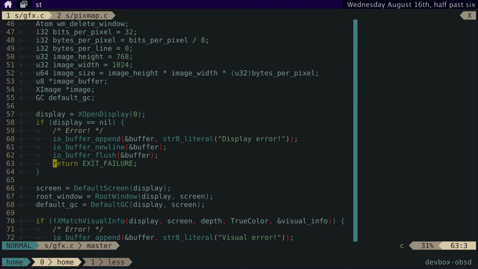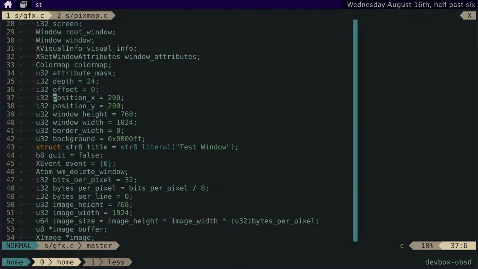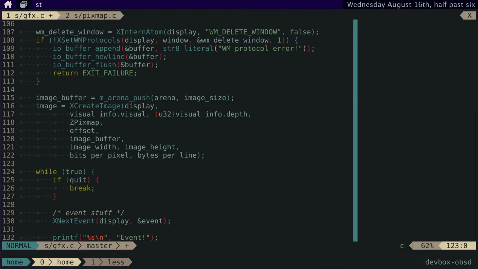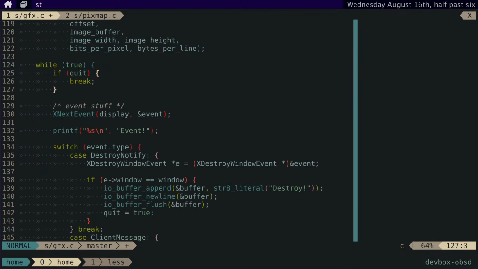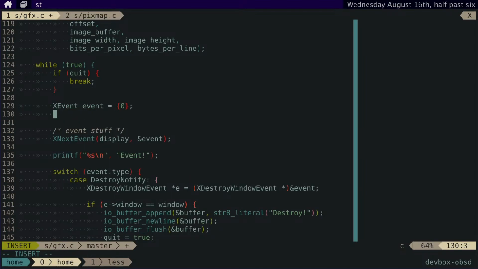I'm surprised it's been working this entire time. So then I do another while loop while